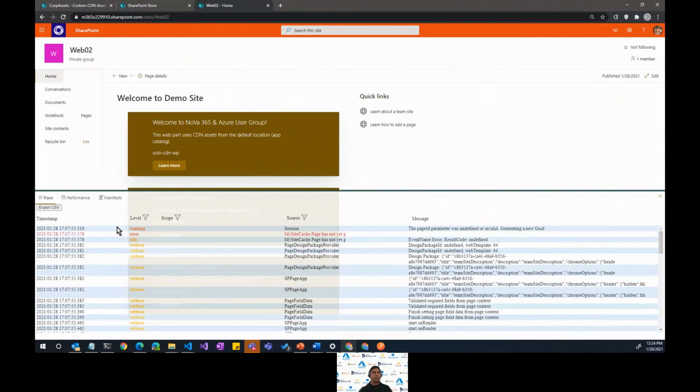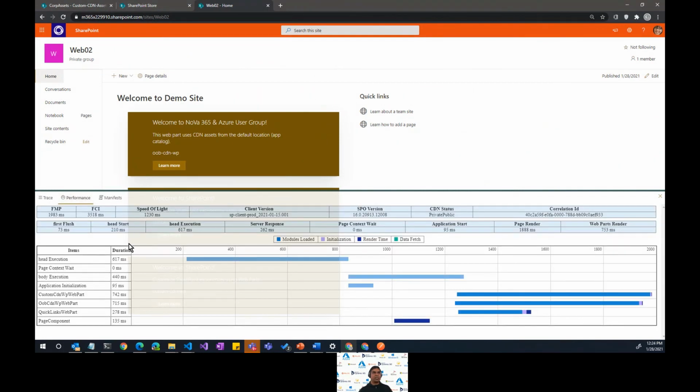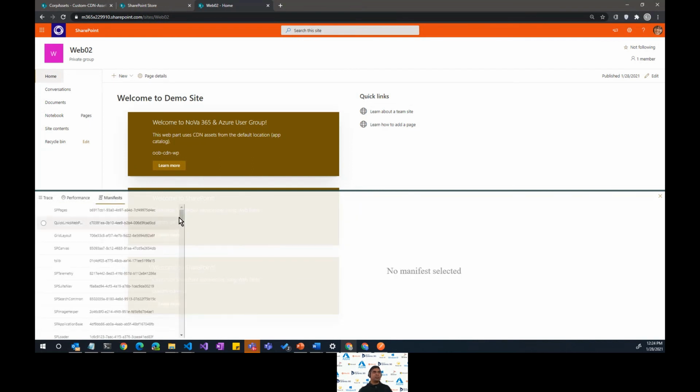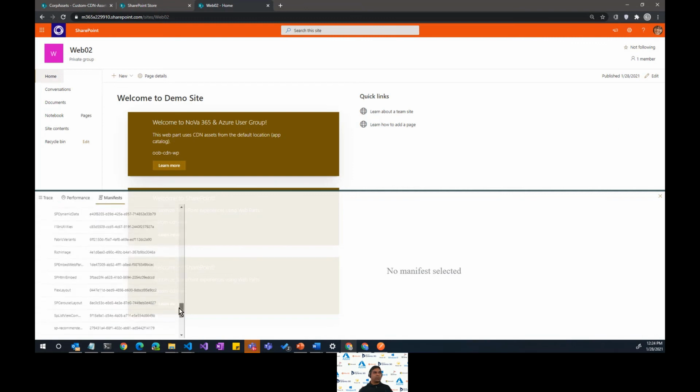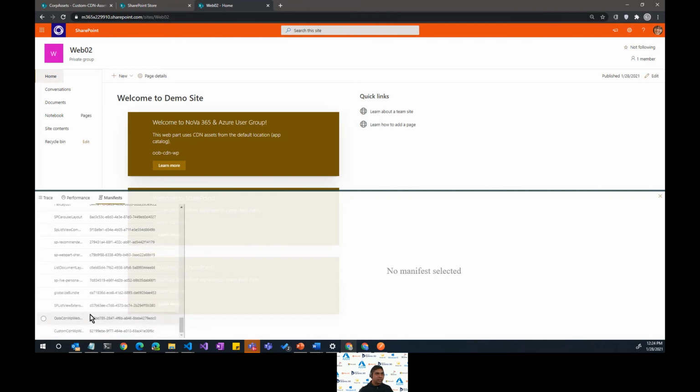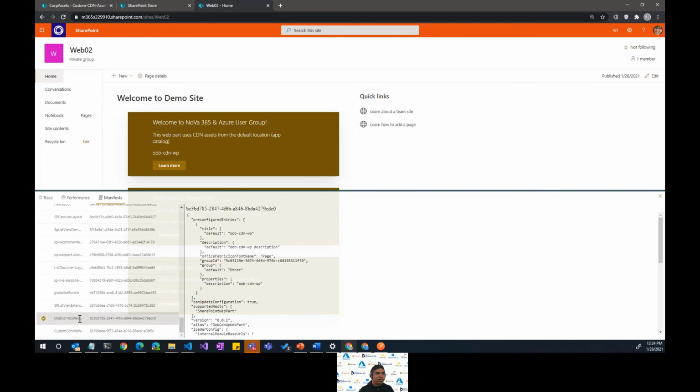You see some nice performance charts over here. You can see each web part, how much time it's taking to load, along with the manifest. Usually these are somewhere in the bottom. If I select that, you can see the version. This signifies the version of your overall project from where that web part is loading.